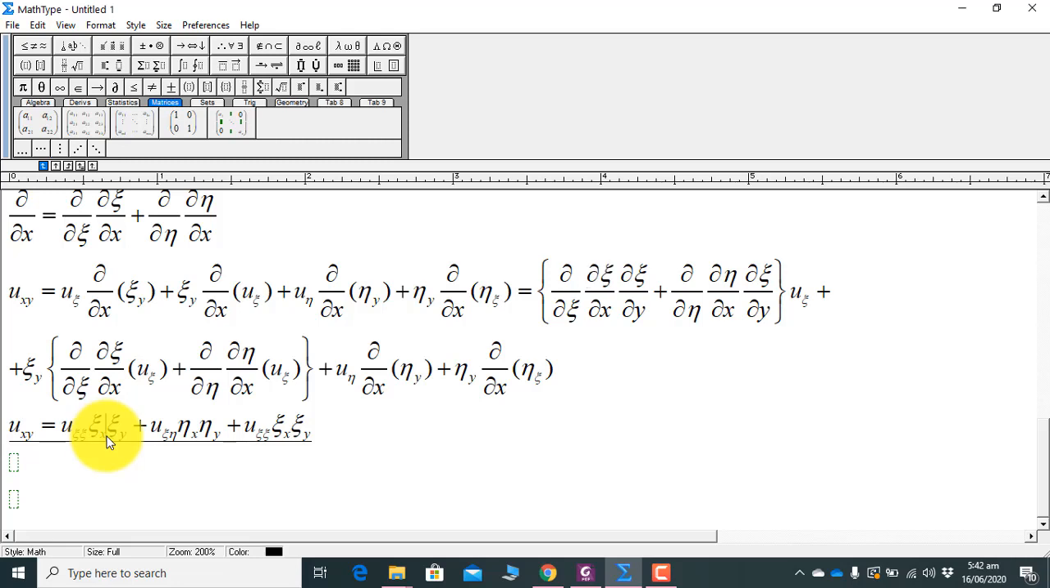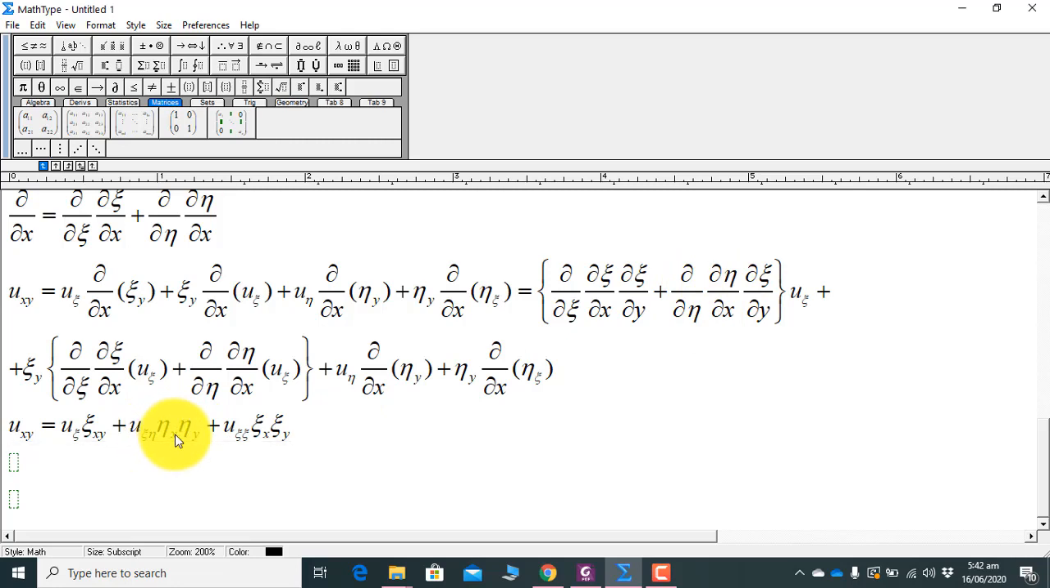This can be written as partial xy. I'm sorry, this term was not there, and u xi is not there. The answer is only u xi. And the second term is very similar. This is cancelled, so the answer is partial xi over partial y, and partial over partial x as well. So the answer is